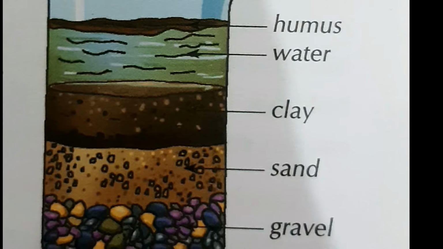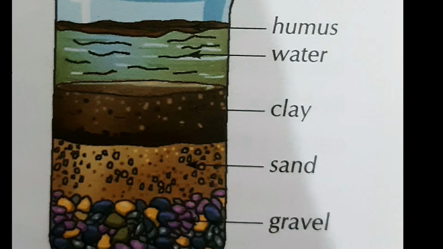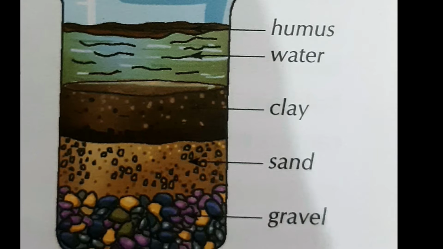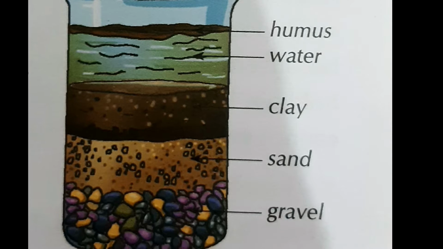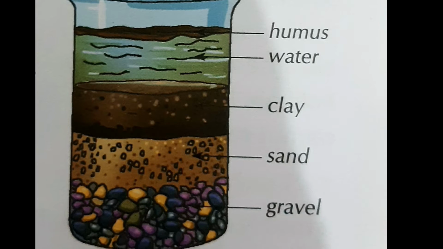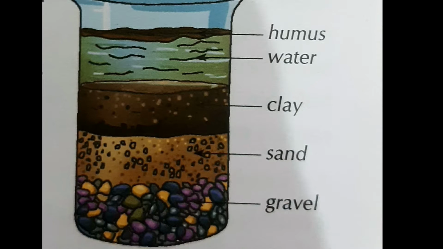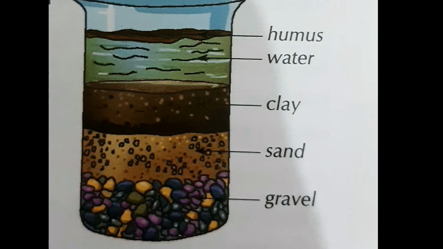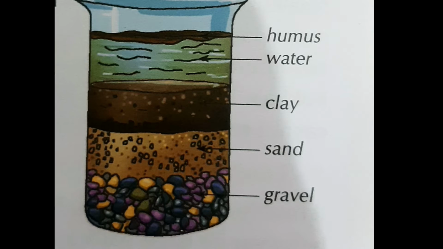and dissolving it in water. When you add some quantity of soil in water, you can find different layers of soil in water. That is, the lowest layer at the bottom is of gravels. These are small stones, and these are the heaviest part of the soil. And above the gravels is a layer of sand. It is slightly larger particles than soil but smaller than gravels.